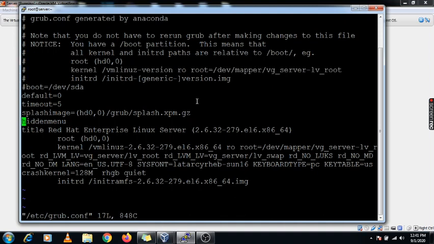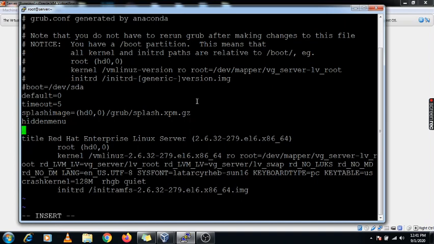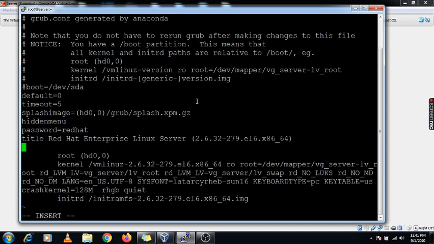Here, below the hidden menu, I am setting the password equals to redhat, and here I am setting the password as again redhat for this grub.